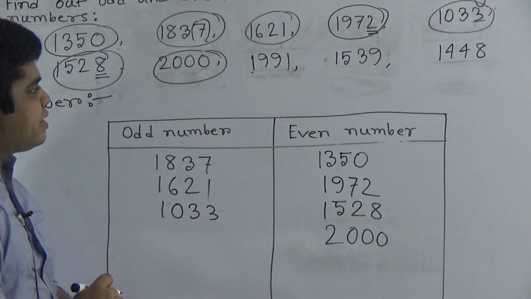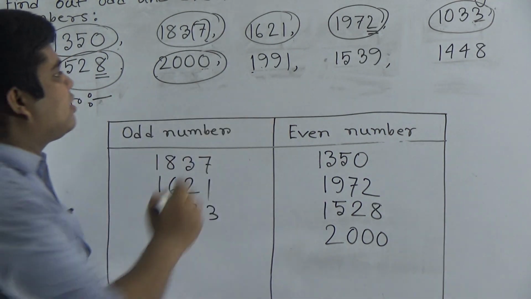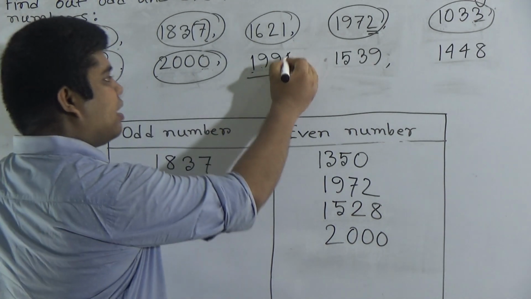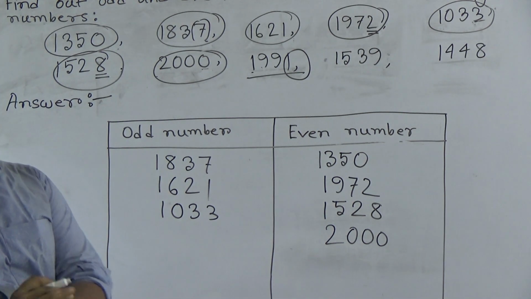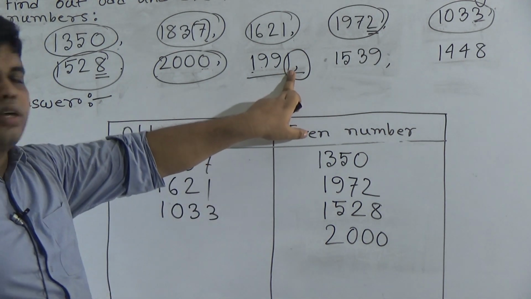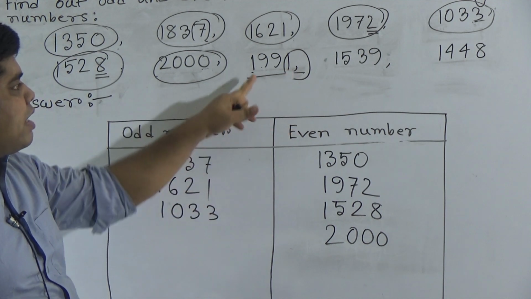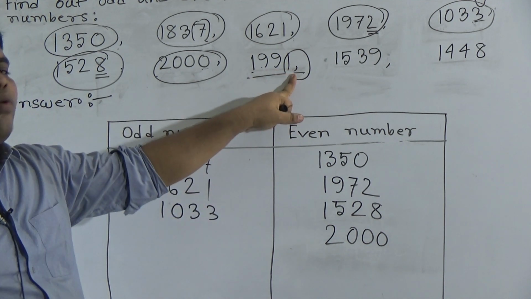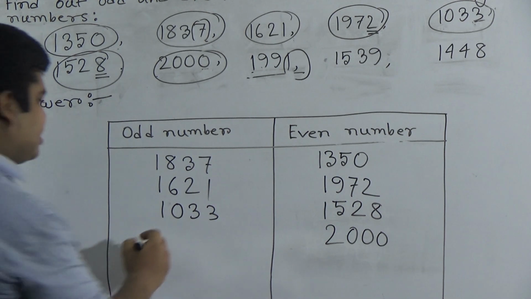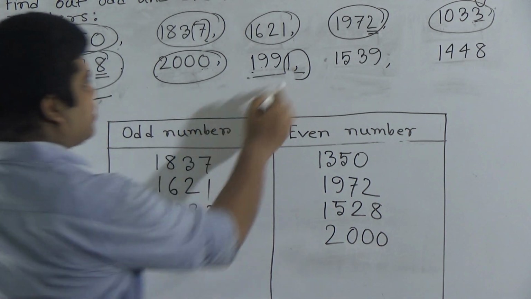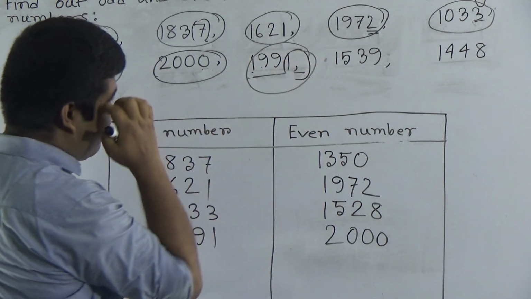And we shall check our next number, 1991, and we check only its ones place digit. It is 1, and it is the notation of an odd number. As 1 is an odd number, so we can say 1991 is an odd number. So we write 1991. So this one is done, and our next number is